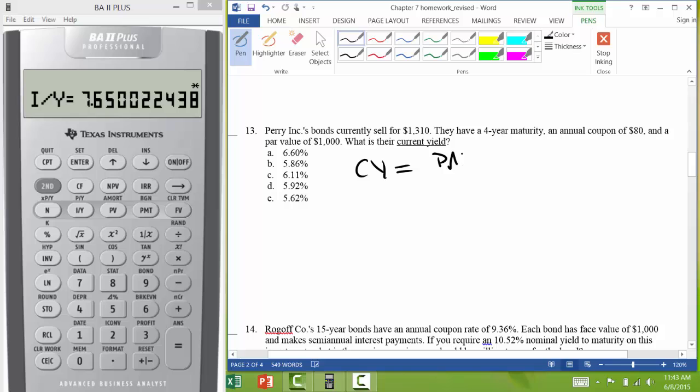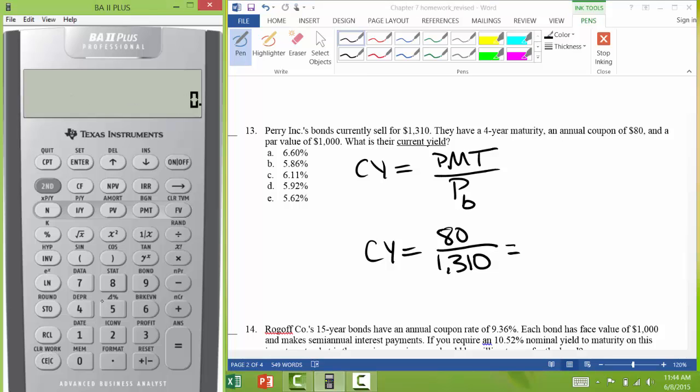It's just the payment divided by the current market price of the bond. So the current yield is the $80 payment divided by the current price, $1,310. So divide 80 by 1310, and I get 6.11,